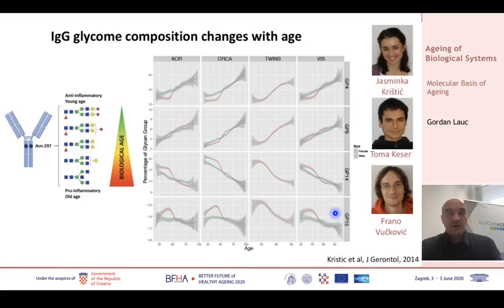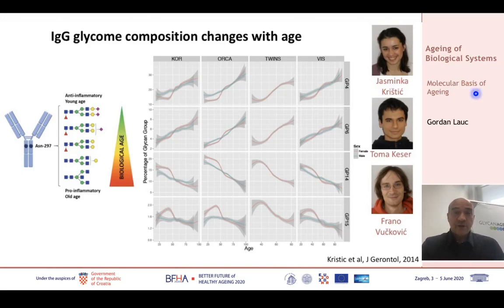One of the first things we learned when we looked into those large human cohorts is that glycans change a lot with age. For example, glycans attached to IgG, which are functionally relevant because they control the effector functions of IgG, in young people would mostly look like this, and they would be suppressing inflammation. As we are getting older, those glycans are getting less and less represented, and other types of glycans, which are more pro-inflammatory, become dominant. So as people are getting older, their IgG glycome is becoming more and more pro-inflammatory.